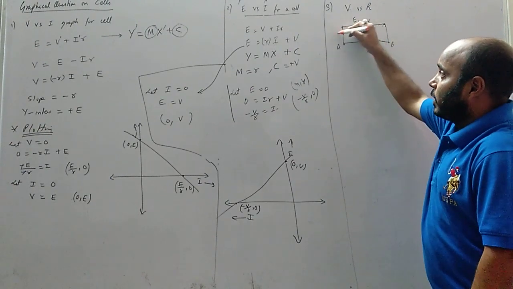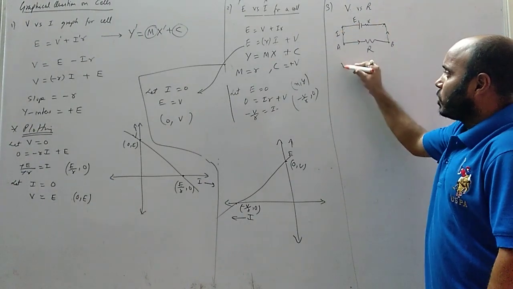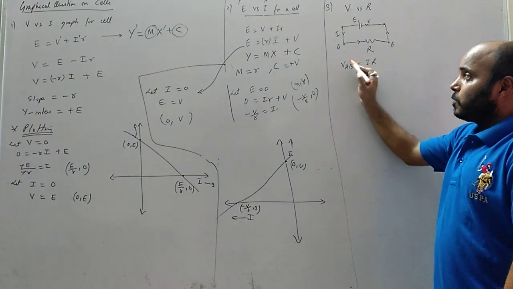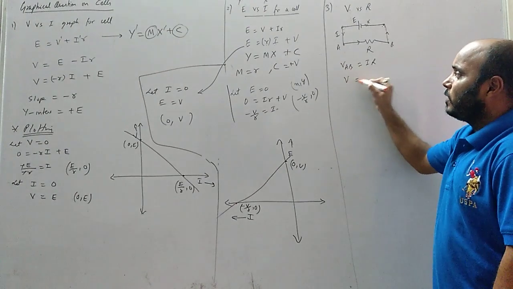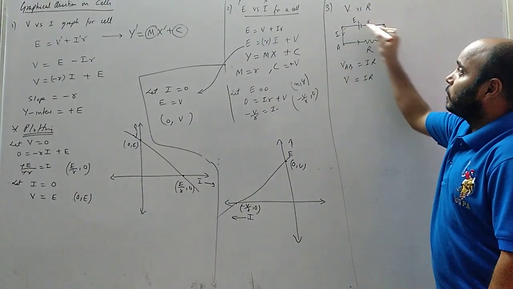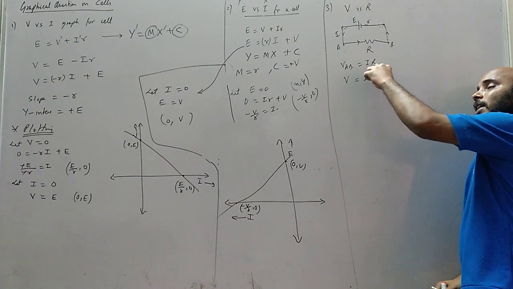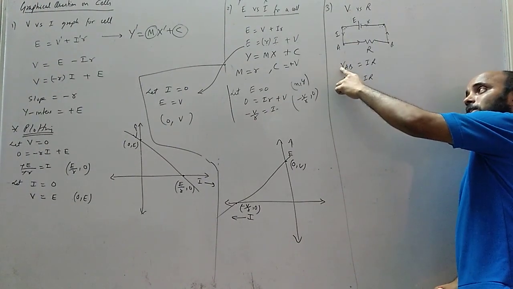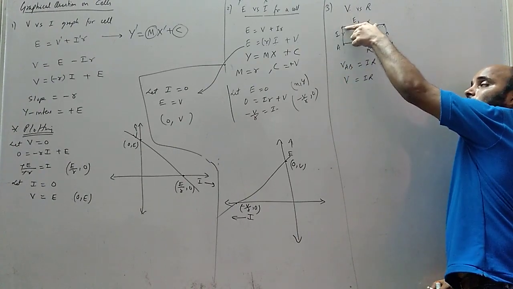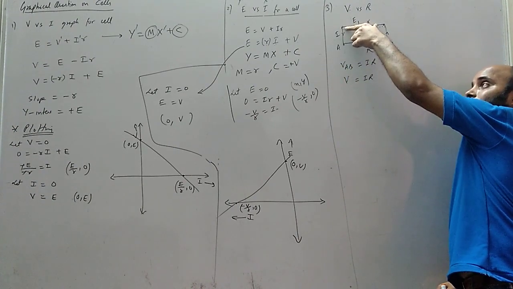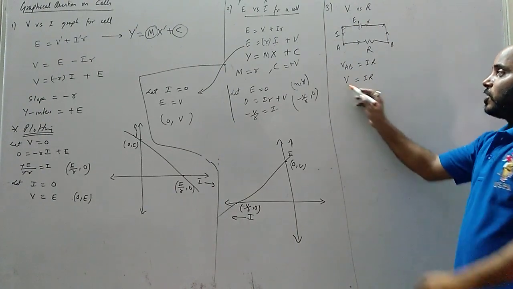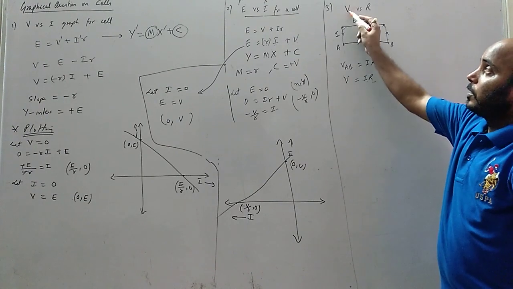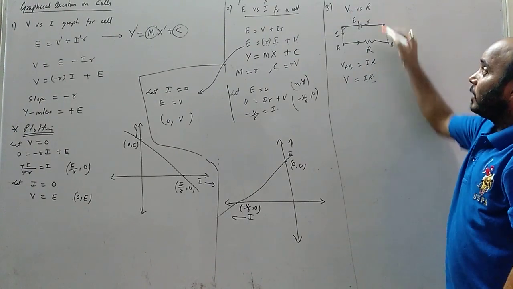So in this circuit, current is I flowing, for example. And what is potential difference across AB? I into R. Across AB is I into R. This potential difference across AB is only V. What is V? Terminal potential difference across the cell. This you understand. Potential difference across AB is I into R. And that potential difference is nothing but potential difference across the cell. So we got a relation. See, we got the relation. V equals IR. Relation between terminal potential difference of the cell and the resistance.